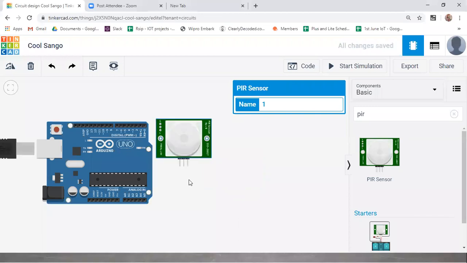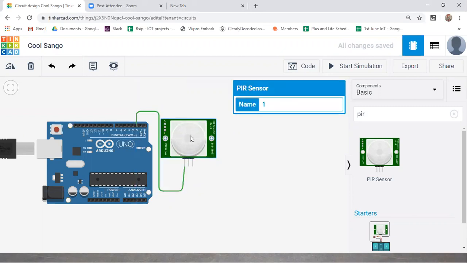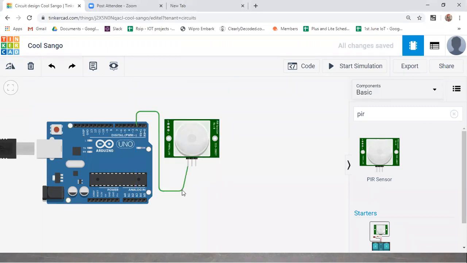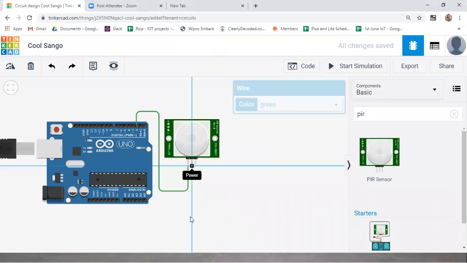So this is the signal pin, and you will get the output at this pin. I'm just giving it to the second digital pin. Next we need to supply it with some power.